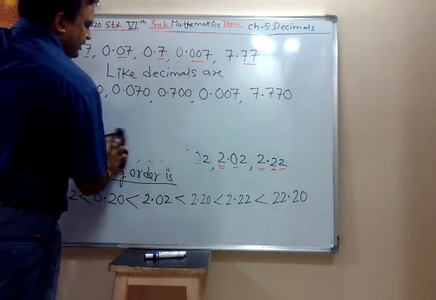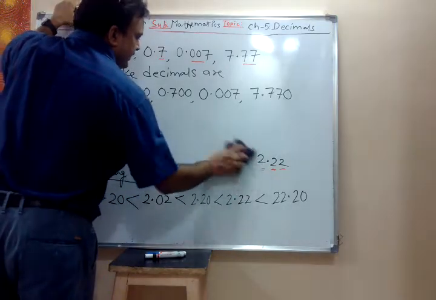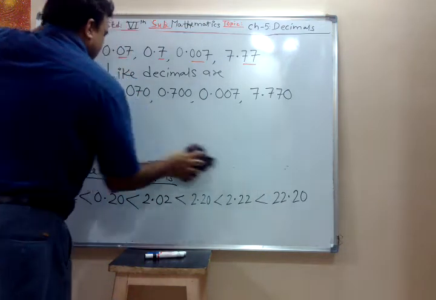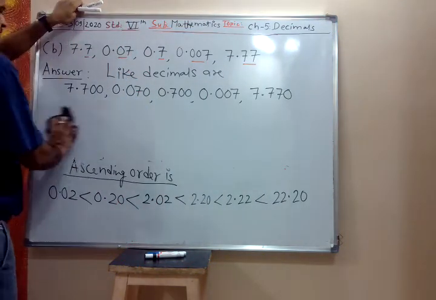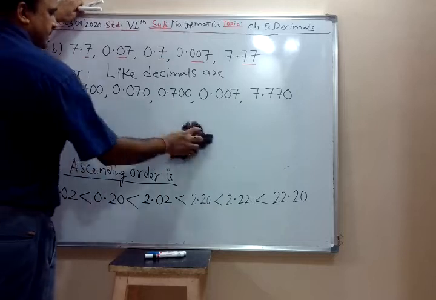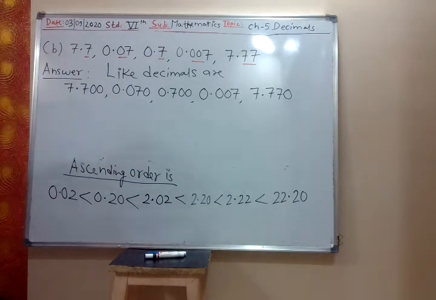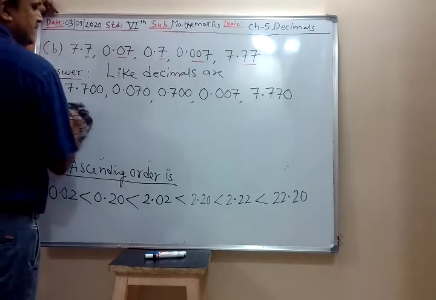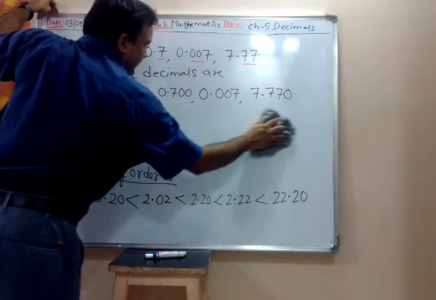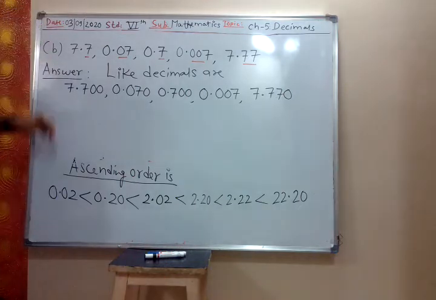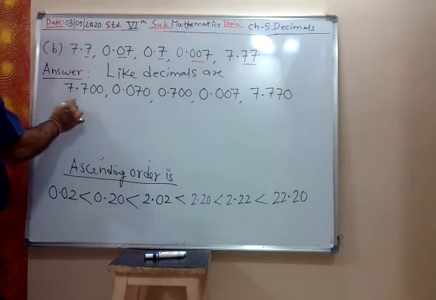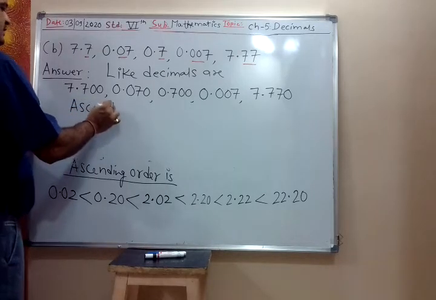Now let us write them in the ascending order. To write them in the ascending order, we start with the smallest number and end with the largest number. So we write, ascending order is,